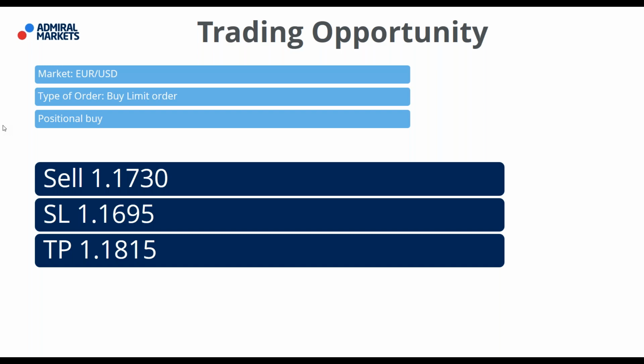1730 is buy, yes. Stop loss is actually 1695, and TP is 1850. So this is just the typo. I will correct the typo, of course. It's a buy trade on 1730, and it's roughly 35 pip stop. Okay, so this is it. 1730 is a buy, stop is 1695, TP is 1815.